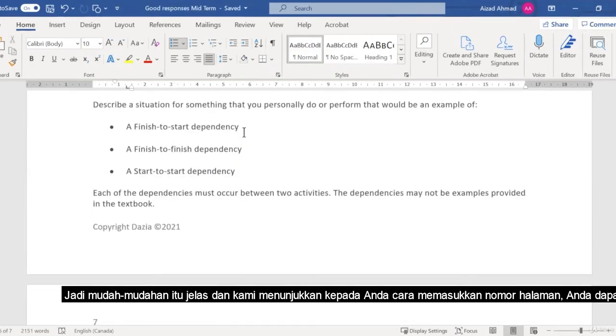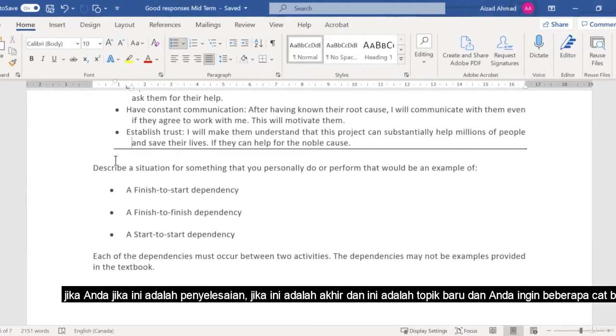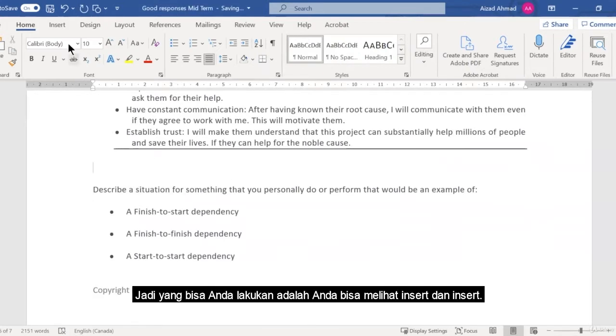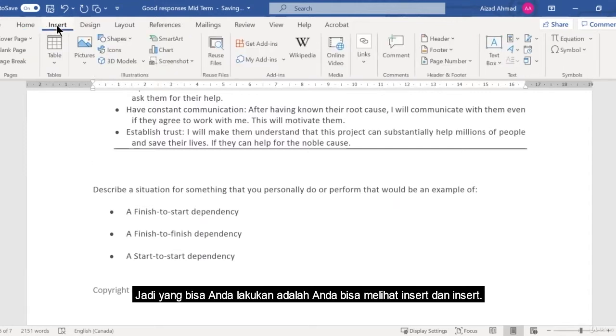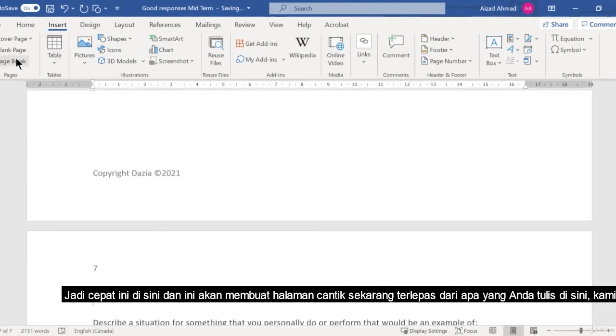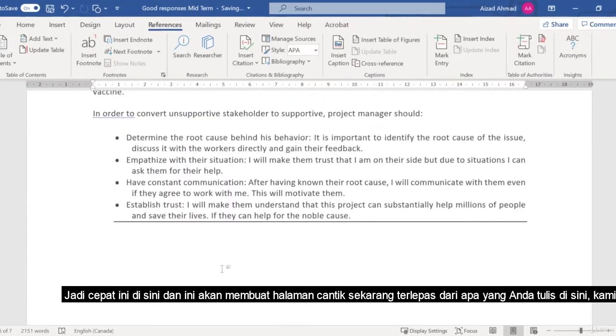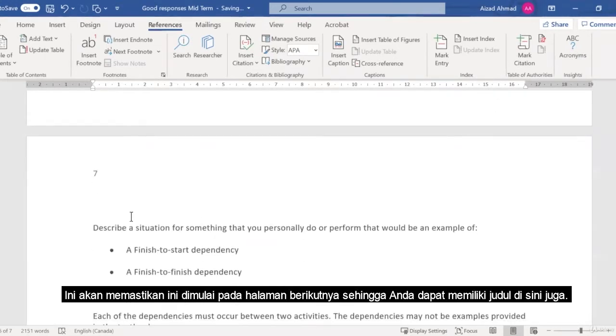You can insert a page break if this is the end and this is a new topic and you want a page break here. So what you can do is say Insert, and with Insert you can say that you want a page break here. Click this here and this will create a page break. Now regardless of what you write here or you don't write, it will make sure this starts on the next page. So you can have a heading here also,